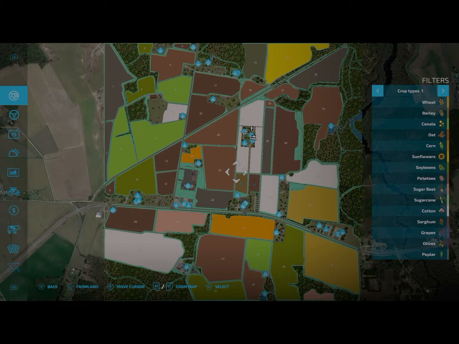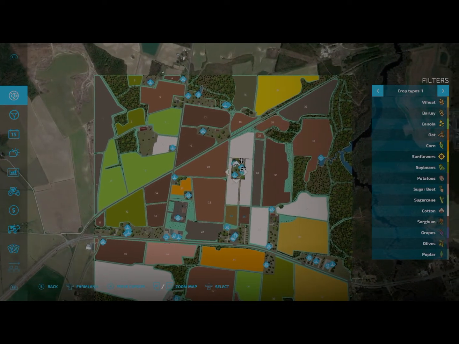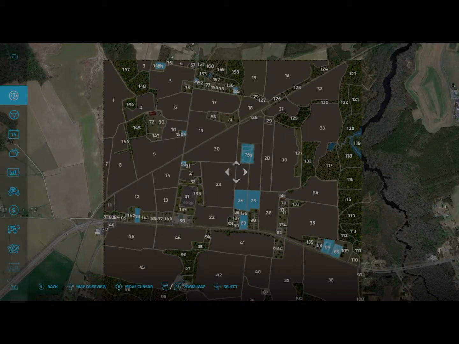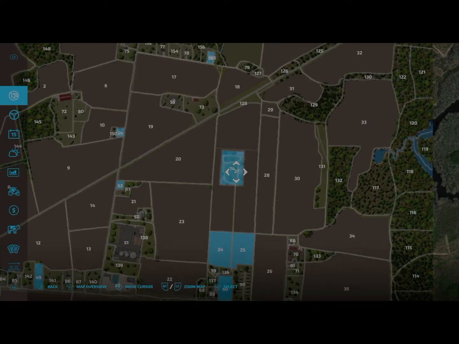Now, as you can see, this is the map. Where do we start on it? Right here, almost in the center of the map, a little bit further north of center. What do we start out with on the map? Well, you start out with farmlands 74, 27,